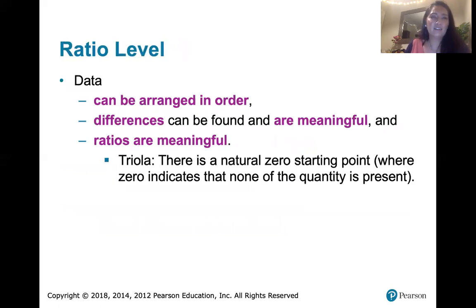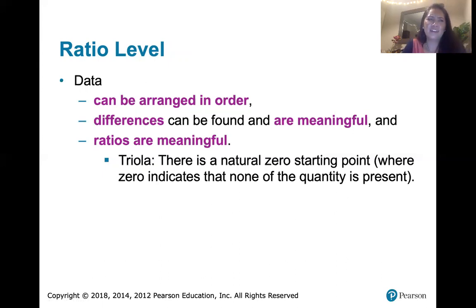And at the ratio level of measurement, we have data that can do it all. It can be arranged in order. You can find differences between these pieces of data, and the ratios are meaningful. Triola again says that there is a natural zero starting point, where zero indicates that none of the quantity is present. But again,